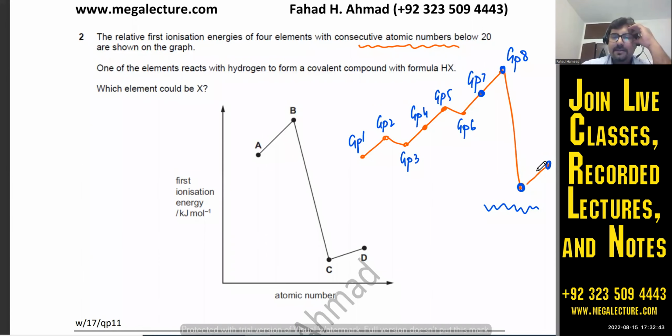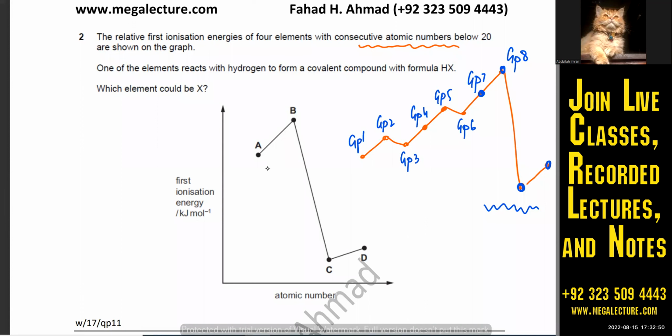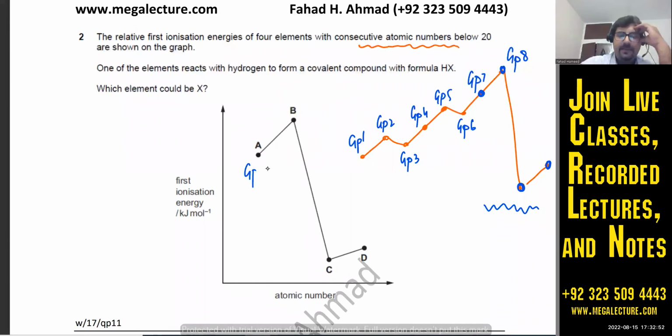And then the next period starts. Okay. So you clear what this section belongs to? This one. It's this part, right? Yeah. So this is actually group 7. This is group 17, ठीक है? This is group 18 or group 8, and this one is group 1, and this one is